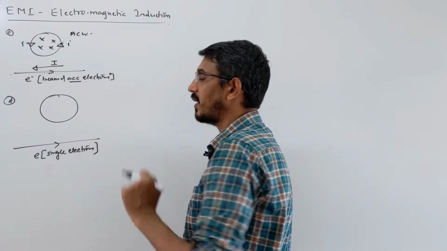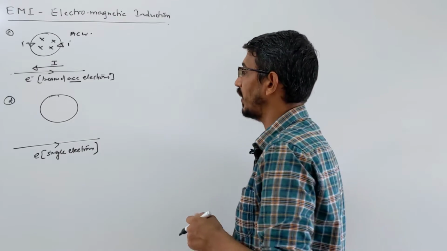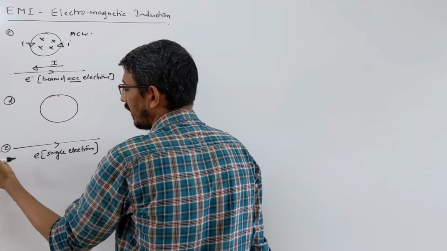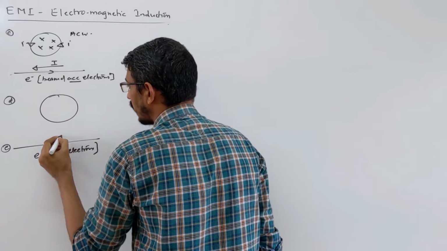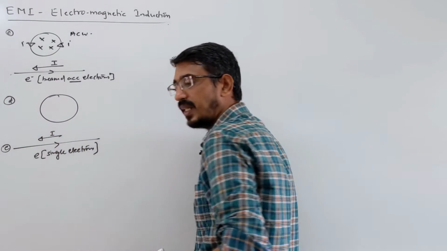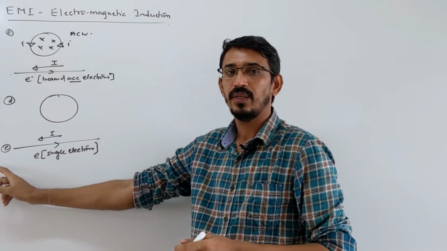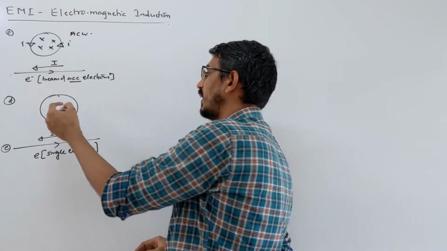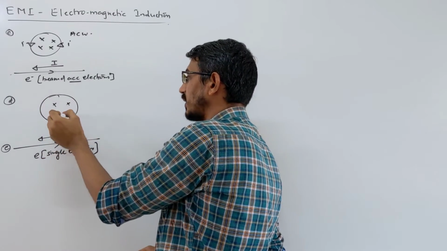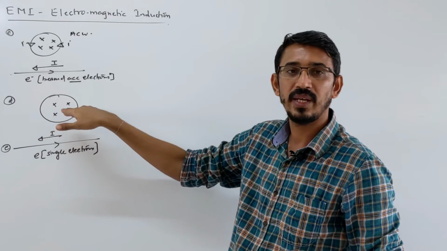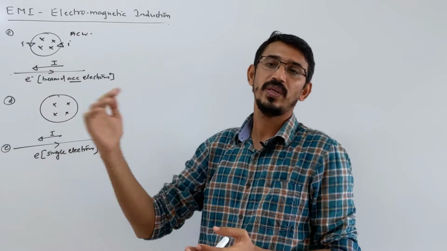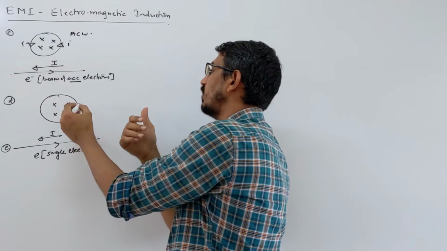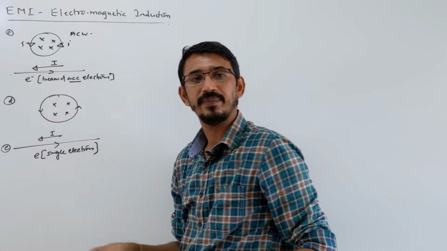Here I am giving the example of a single electron. One single electron only moving. So look here. The electron is first far away, now it is coming closer and closer, so current grows in that direction. Single electron coming from very far, so current is increasing. Initially the field is increasing in the inward direction. So the induced current's field will be in the outward direction. Outward means first the current will flow anticlockwise, right?